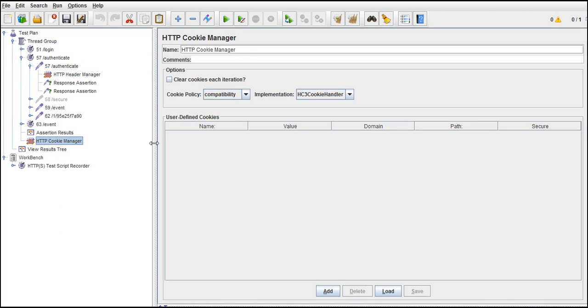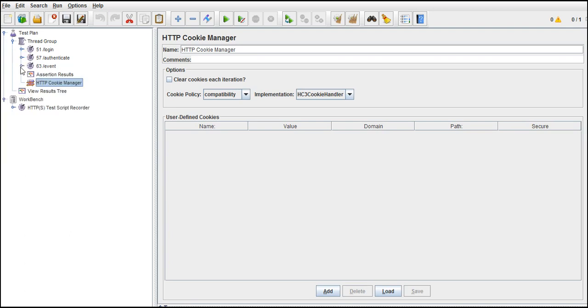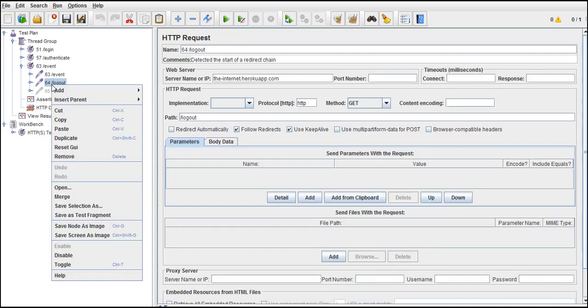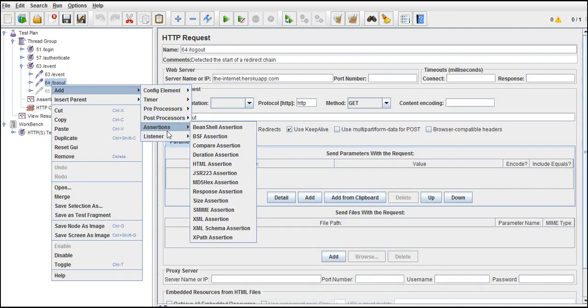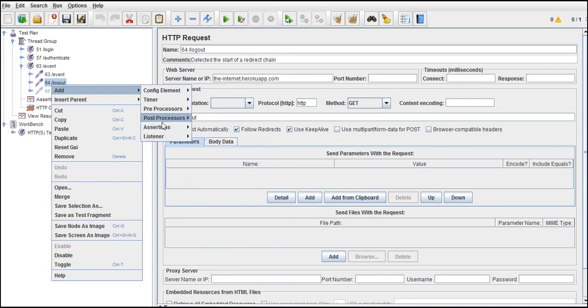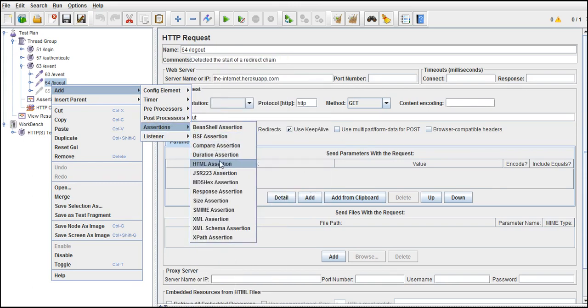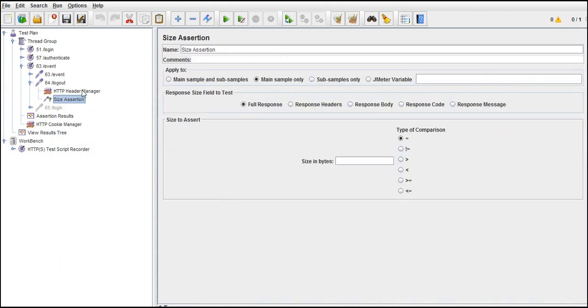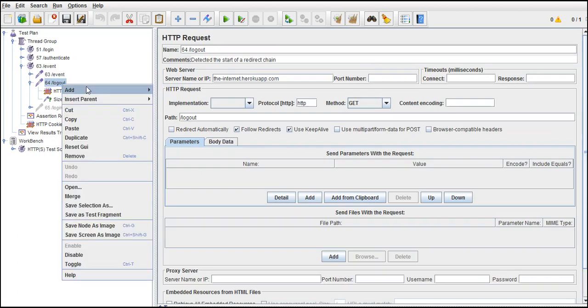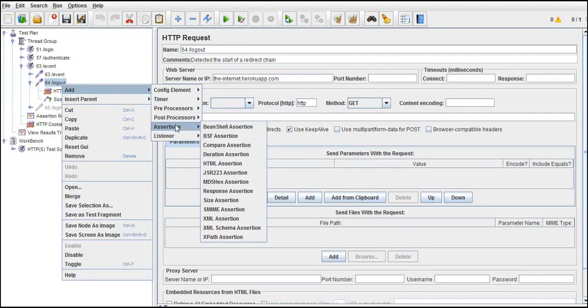Okay, now we will see a few more assertions for the logout event. Where is logout? There is one more assertion called size assertion, which is applicable to this test case particularly.